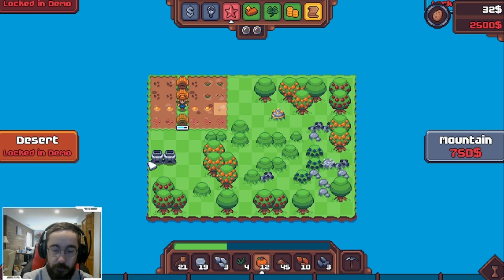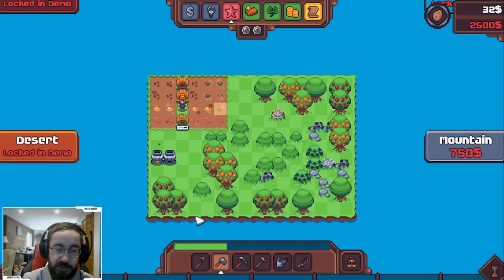Now. Okay. We don't have any coal, but we got that going at least. So I'm gonna see. We can work through some of this. There is another tree seed. So with that,